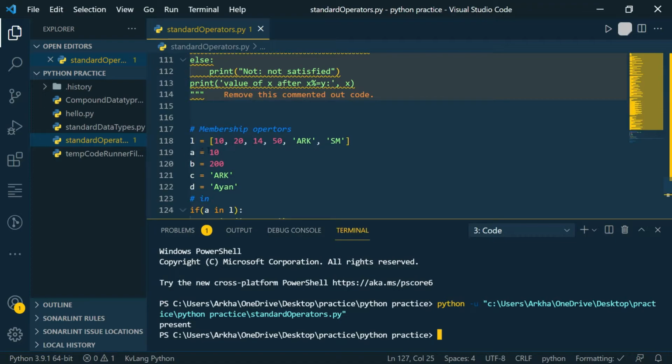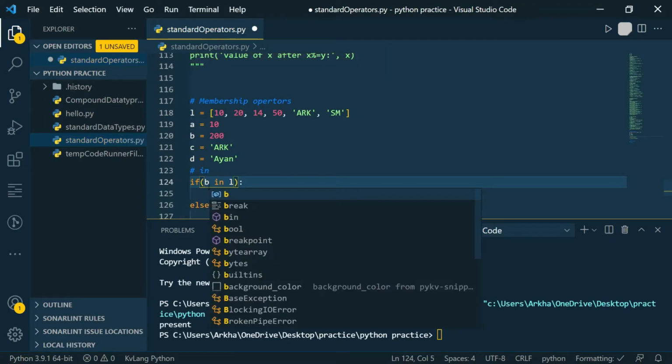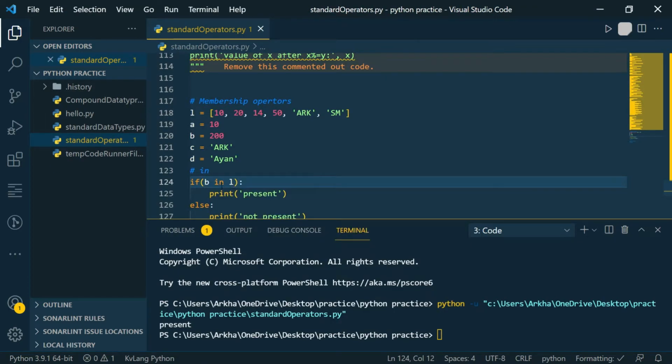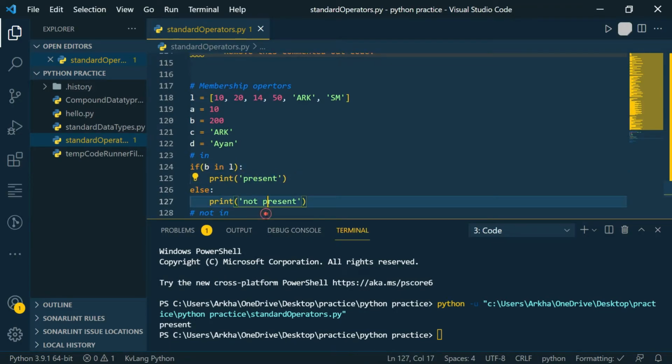So as you can see, we have A equals 10 and 10 is present in the list, our sequence of data. So we are getting present over here, and let's change this to B. So we have told Python that if B is present in L, then print present, else, meaning if it is not, then print not present. So this time we are checking B, and B's value is 200.